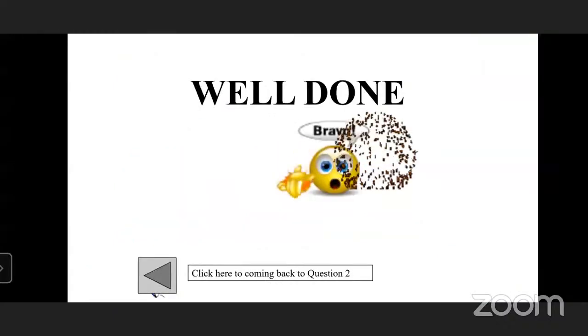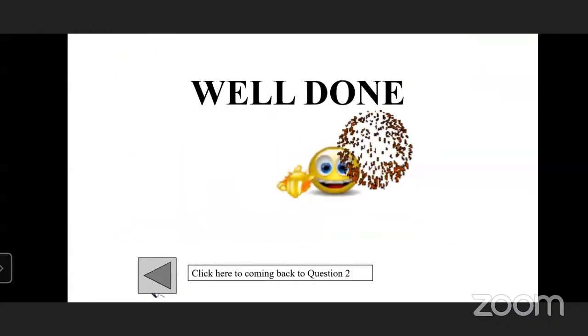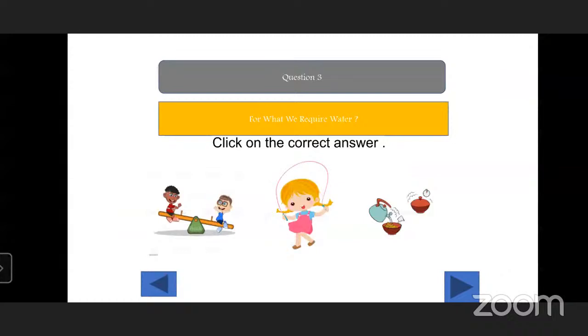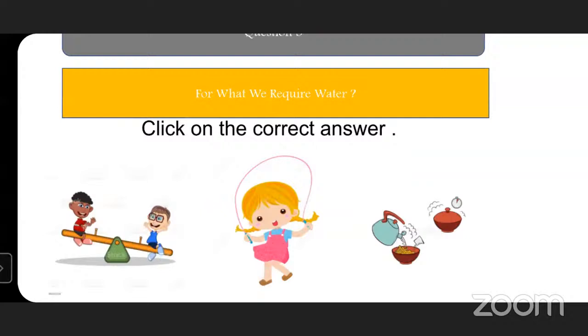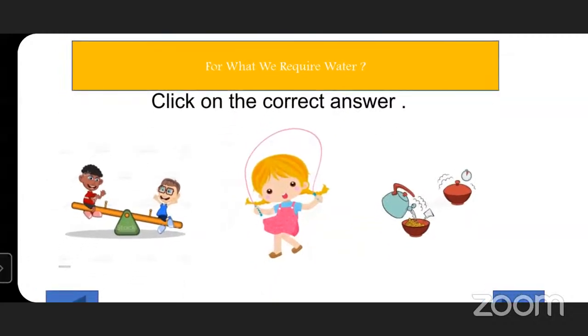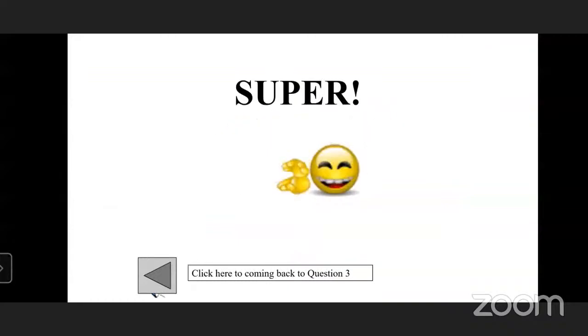For washing our hair. Next question is, tell me, for what do we require water? Click on the correct answer. For playing seesaw, skipping, or for cooking? Very good. For cooking, we require water.